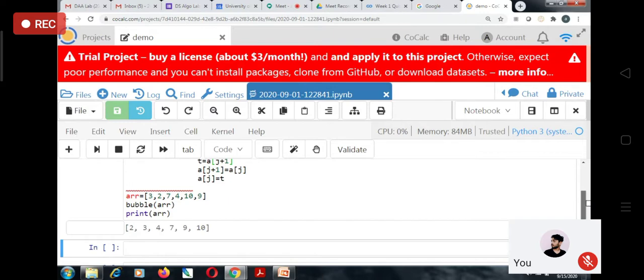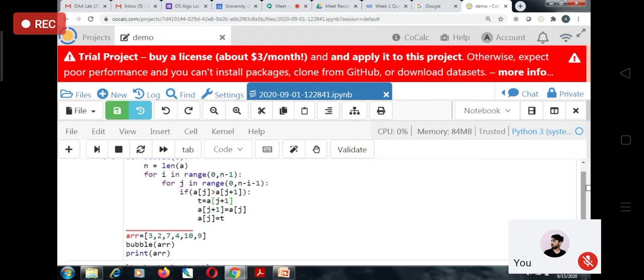Now this is very simple, and whatever you have learned in the algorithm, you already know the algorithm for this bubble sort. We have just written those lines of code in Python syntax, nothing else. So now I hope you will be able to implement the insertion sort and the selection sort. Please respond, will you be able to do that, because it is very similar to whatever you have learned in the algorithm. So do I need to show that, or you can do it by yourself, the insertion and the selection sort? Please respond. Hello?